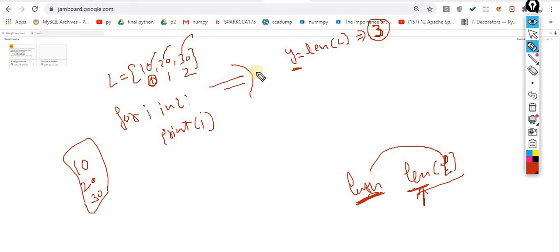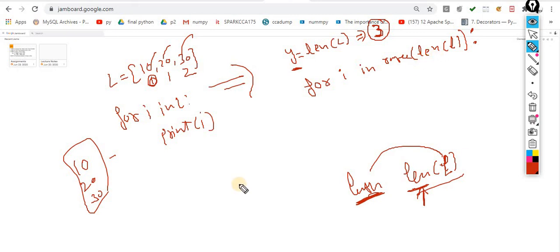Okay, for the same output this time I will implement the len method. Using the previous for loop, I am going to write for i in range of len of L. Now what is the meaning of this?